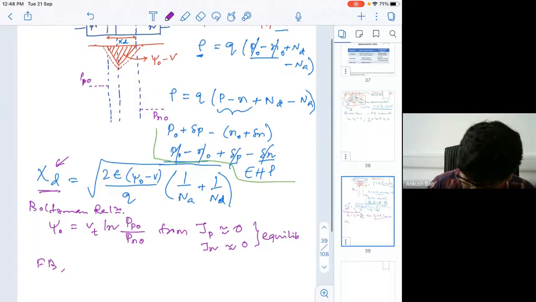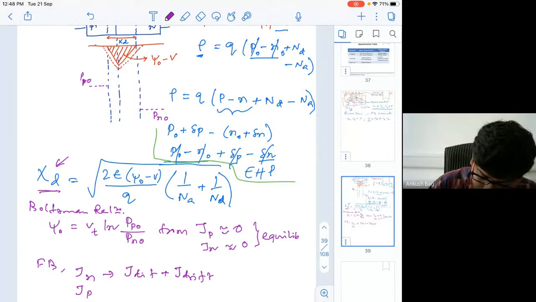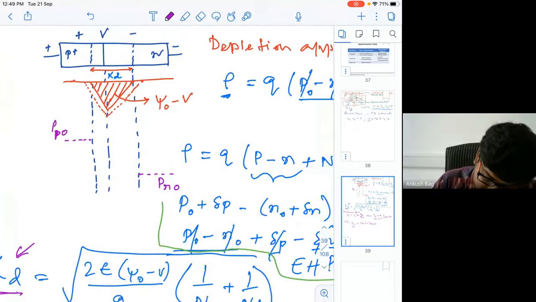See, we have Jn and Jp, and this Jn Jp is once again the summation of diffusion current plus drift current, as we have seen. From this particular electric field distribution, we can see